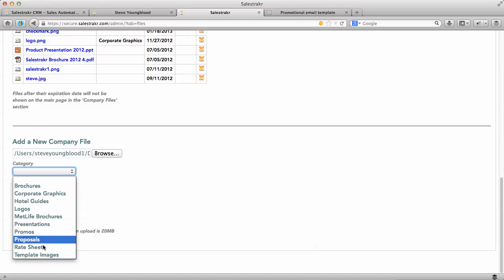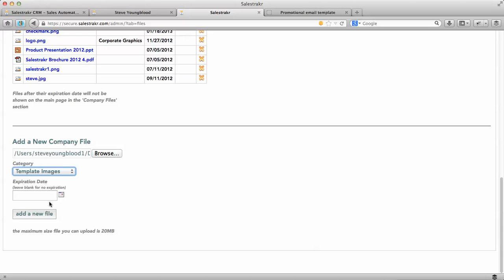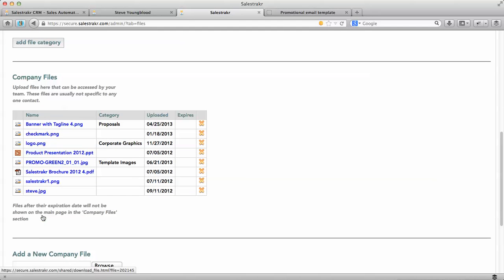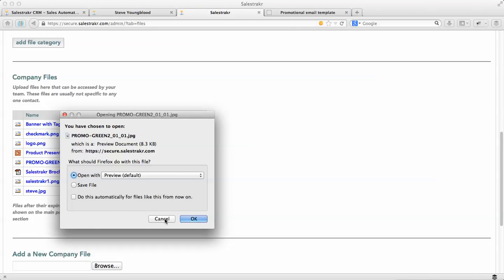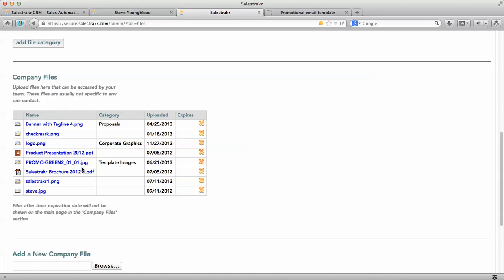And let's put it in the template images category. And let's go ahead and add that file. Now that file is in Salestrakr. We can come in and see that it's right here, and we can even download it if we want. But let's go ahead now and make sure that we reference the one that's in Salestrakr and not the one